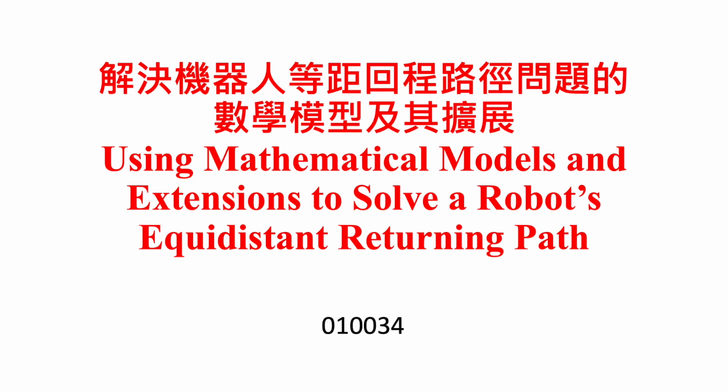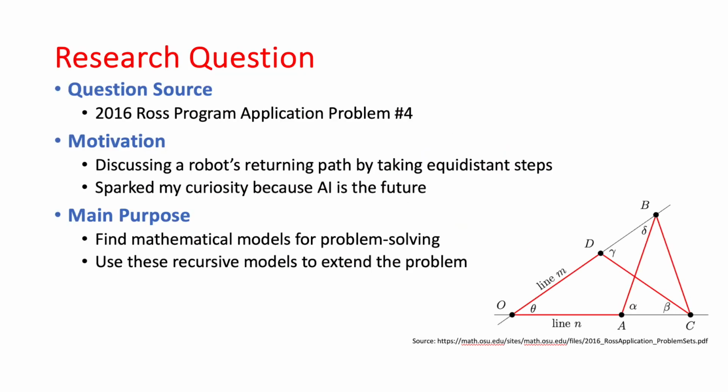We are exploring the 2016 ROS program application problem number 4. The main purpose of this project is to explore a robot's path when it takes equidistant steps between two intersecting lines. The robot starts at the intersection point and tries to walk in such a way that it returns to